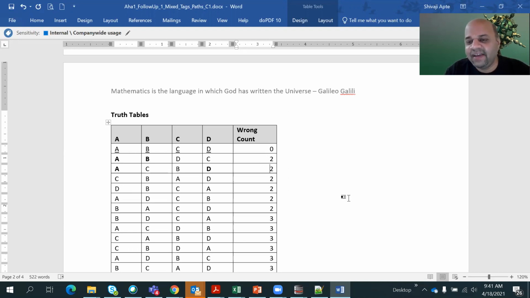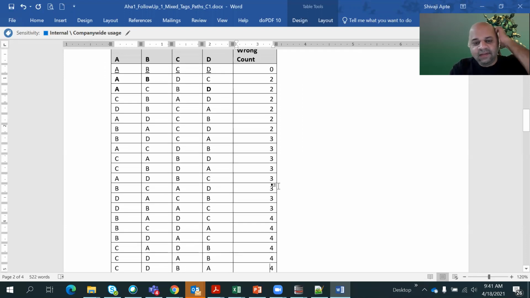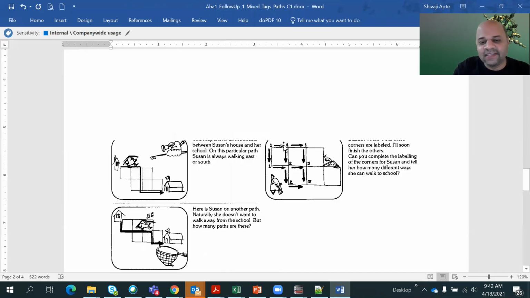Sai Pranav is saying 12. Arav is also saying 12. So let us see. But like this, if you count each and every possibility, you list it. Ramnath still says 3. Now, the scenario I had asked about is that all 4 of them are wrong, which means the wrong count should be 4, right? So let us see how many of them exist like this. I've just sorted it so that it is easy to read.